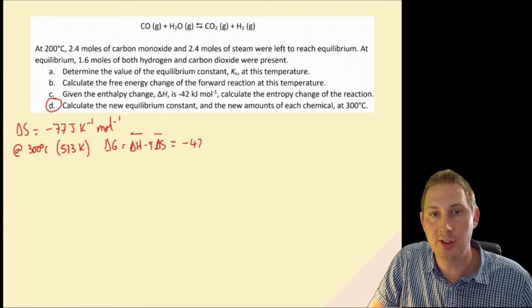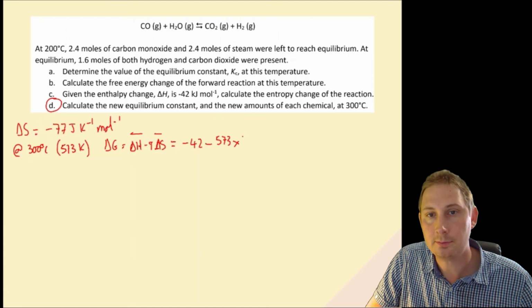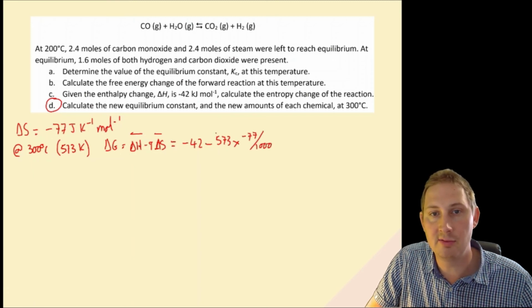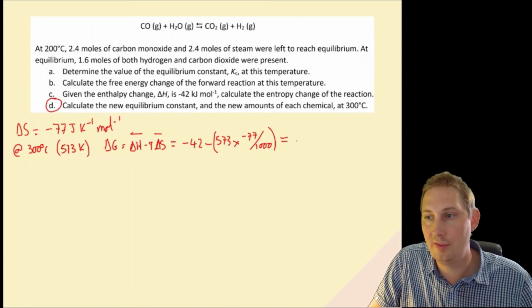So minus 42 minus temperature, 573, times by delta S, minus 77. But of course we need to make sure that everything's in the right units for that. And that gives us an answer of